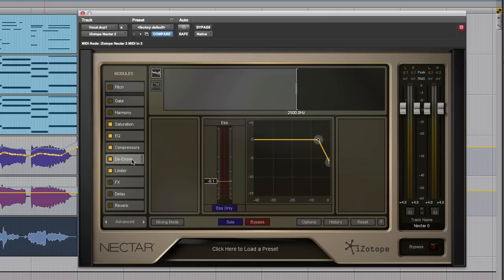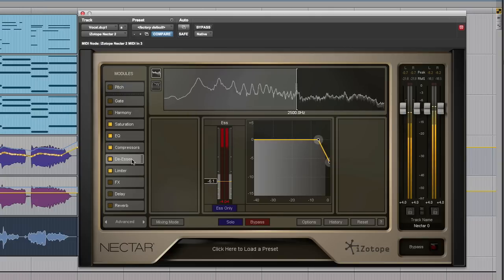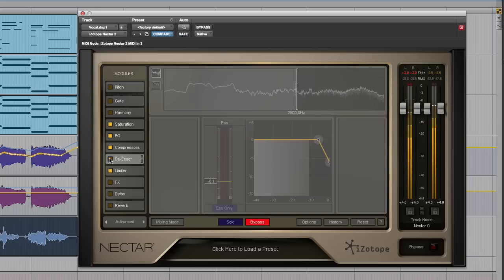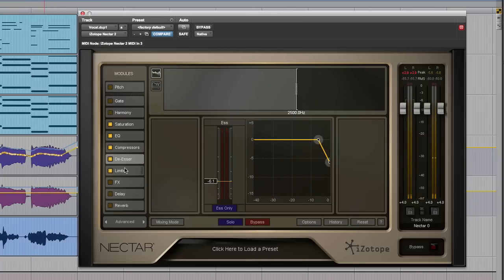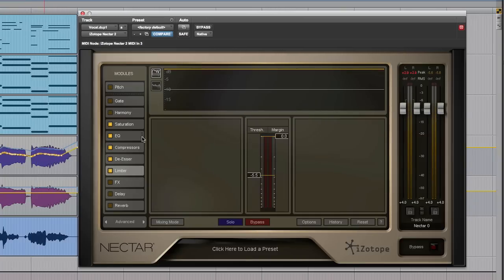Got a de-esser, which of course is very helpful. Use your ears and tell me what you hear. And that will clean up the top end there. We've then got a limiter, which means we can limit the output volume as well as two